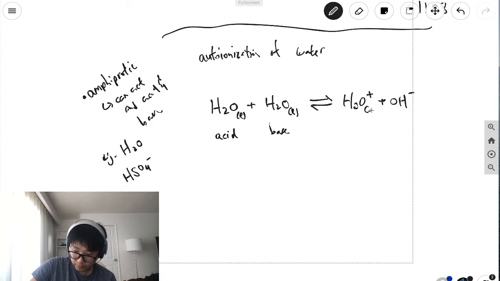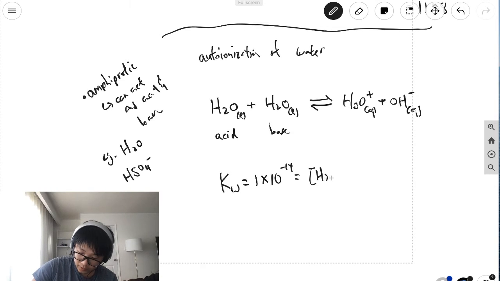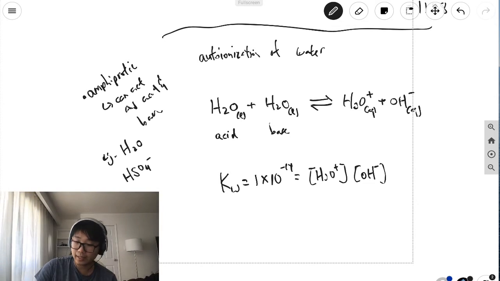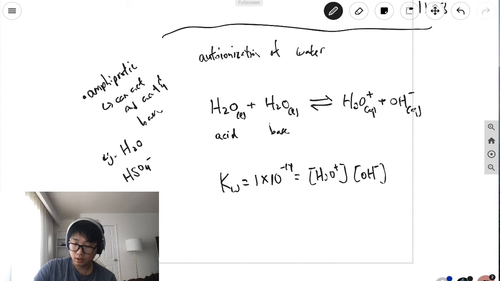So if I were to call this equilibrium constant Kw, it is experimentally found that it equals 1 times 10 to the negative 14. If I write out that equilibrium expression, it will be the products, H3O plus raised to the power of 1 and OH minus raised to the power of 1. And there's no reactant because they're both liquids, so you don't put them in the actual equation. So this is where I derived that equation earlier. The concentration of H3O plus times the concentration of OH minus is going to give you 10 to the negative 14, which means